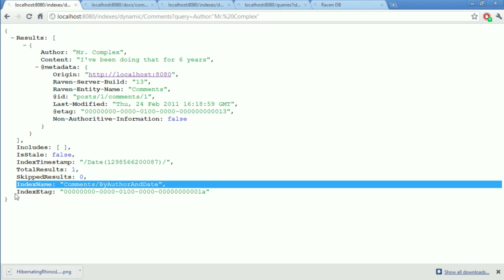So this is the basic idea. We start by trying to figure out if there is an index that matches what we want to use. And in this case, the query optimizer is able to use that. If it's not able to use that, it's going to create a new index. And if that index is going to be used a lot, that index is going to be escalated to be a permanent index. So that is the 10,000-foot view of how ad hoc querying with Raven works.